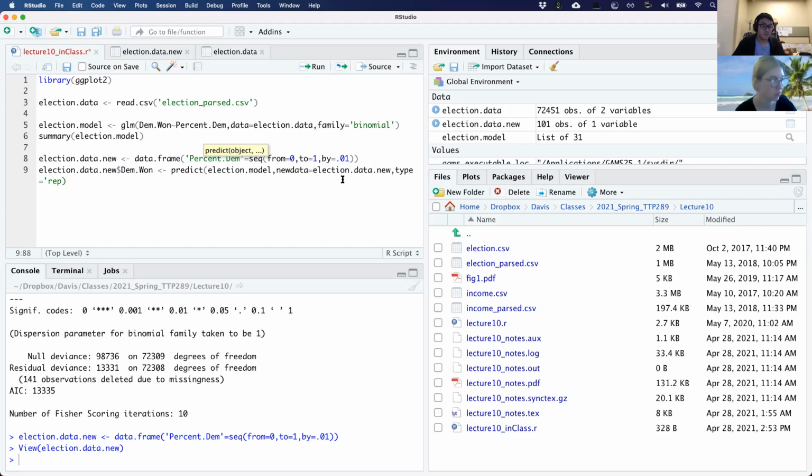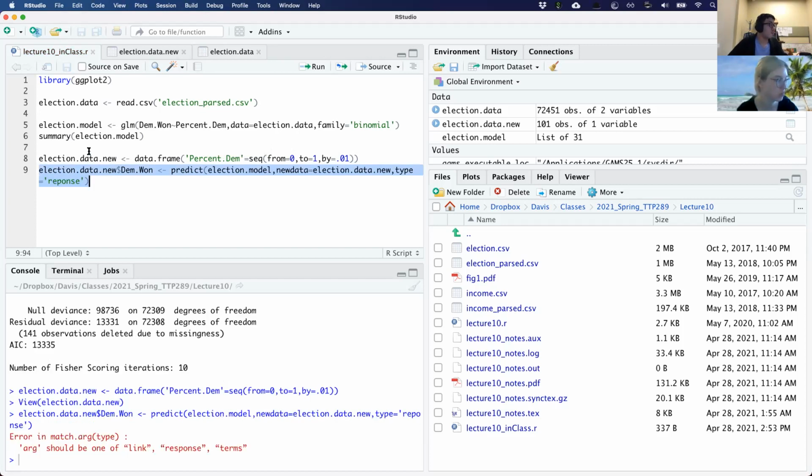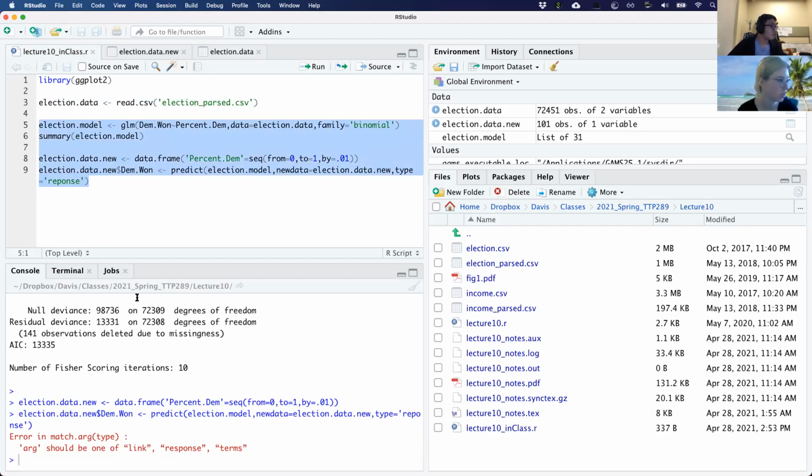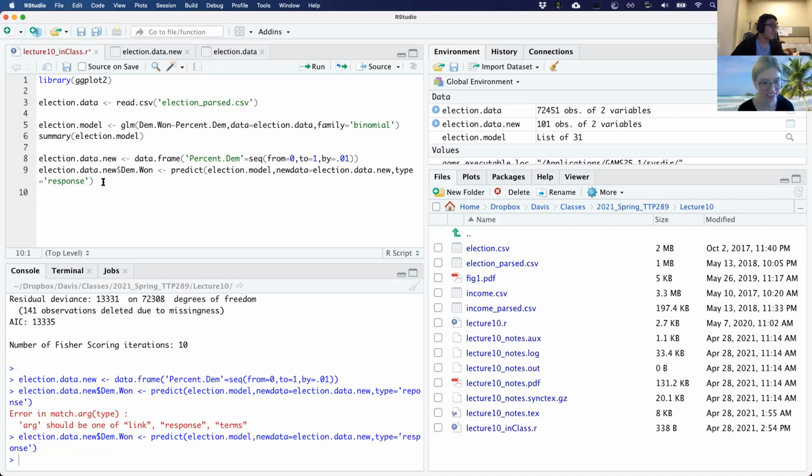In here, there are actually a couple different types of predictions that you can now generate. So I'll show this one first. Let me make sure this is all right. I think it's just a typo. You have response instead of response. Oh, right. Yes. Yeah, there we go.